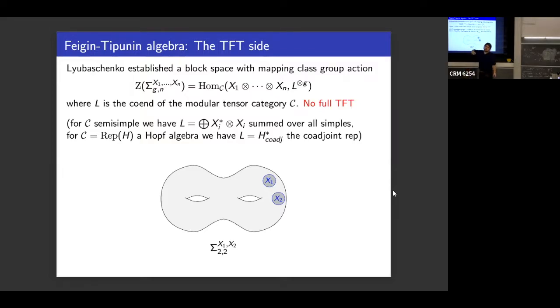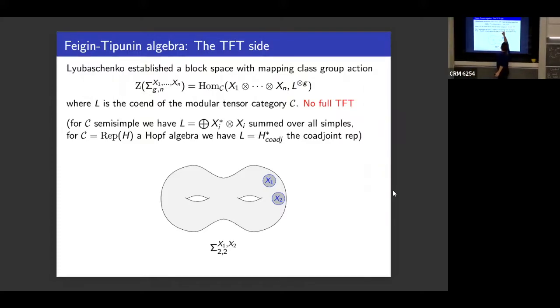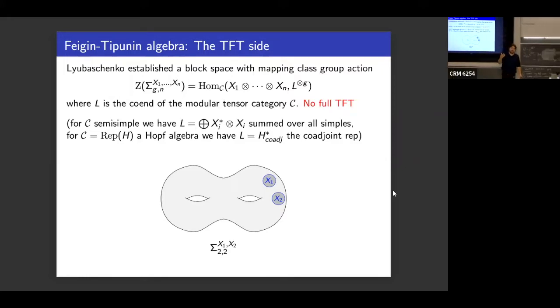So the coend is a typical guy that you get in contact with if you do non-semisimple theory, because in the semisimple case, it's just the direct sum over X_i star tensor X_i summed over all simples. So this is the typical thing that in the semisimple case, you mean summing over all simples. Like the S matrix or something is defined on simples, basically because of that. Now if it's non-semisimple, this is more complicated, because in some sense, it's the sum over all tensor products of any indecomposables, but they are stacked into each other, and you somehow have to divide out these identifications. So you imagine you do this for all modules, or maybe for projective modules, but then you divide out stuff because there are identifications.